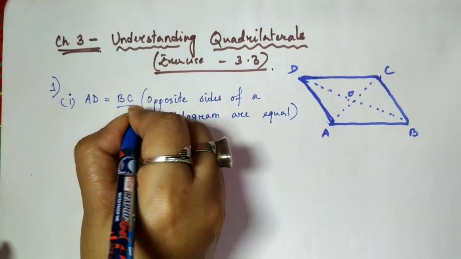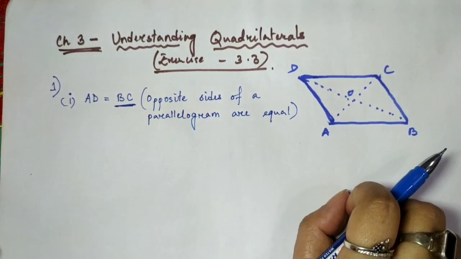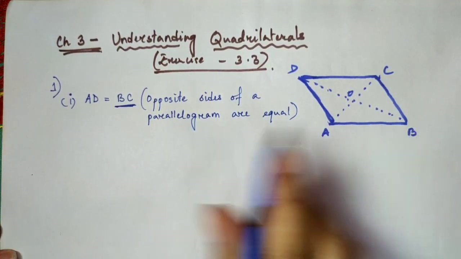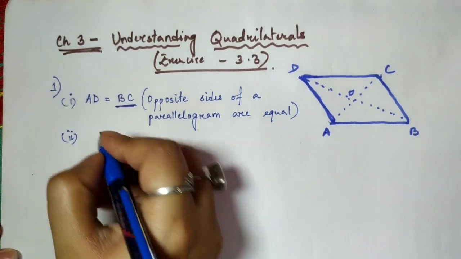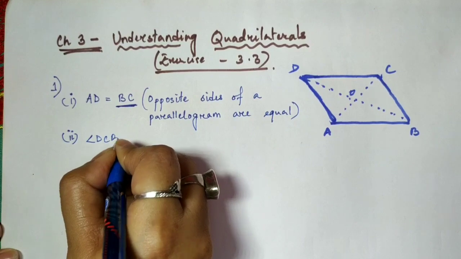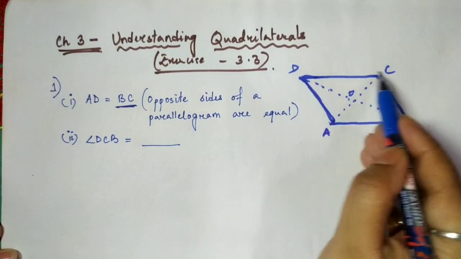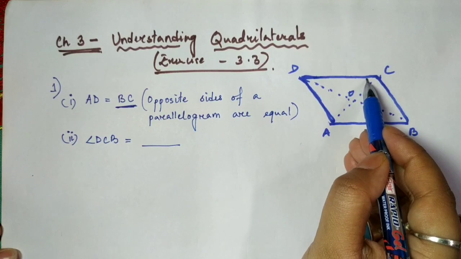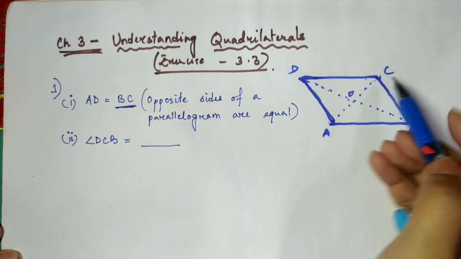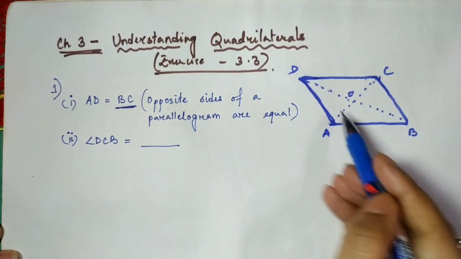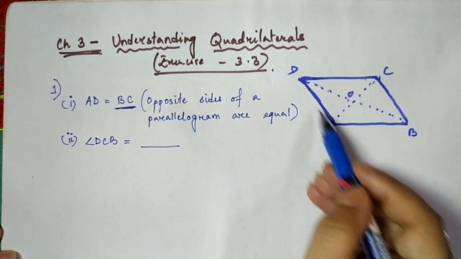So this is what you have to do here. You can draw a blank here. And please remember, you draw this diagram when you are writing this down, and the diagram should be drawn with pencil. Now let us move on to question number 2. It is given angle DCB is equal to which angle? DCB means angle C. Another property of a parallelogram is that opposite angles are equal, meaning this angle is equal to this, and this angle is equal to this.